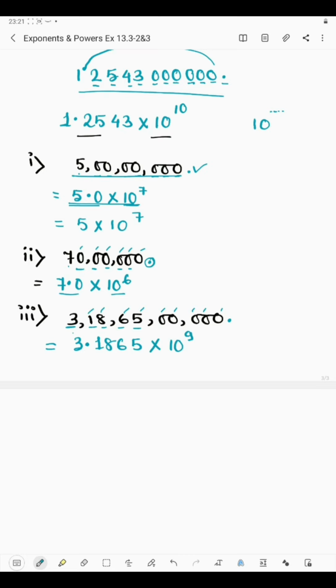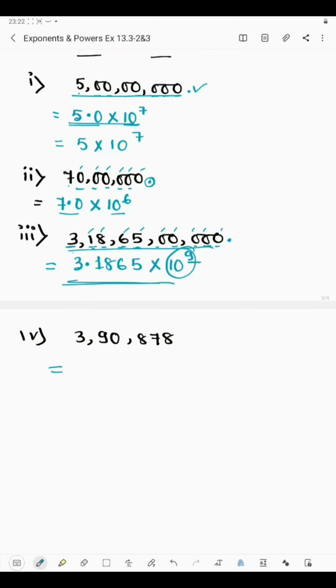Now by writing in this way, in standard form, we have just made the number smaller. So to make these two numbers equivalent, we multiply this number by 10 to the power 9 to get this. And when we multiply 10 to the power 9 with this number, the decimal will be shifted after 9 places. That means 1 2 3 4 5 6 7 8 9. So here we will get the decimal. So in this way these two are equivalent. Now in the fourth part we have